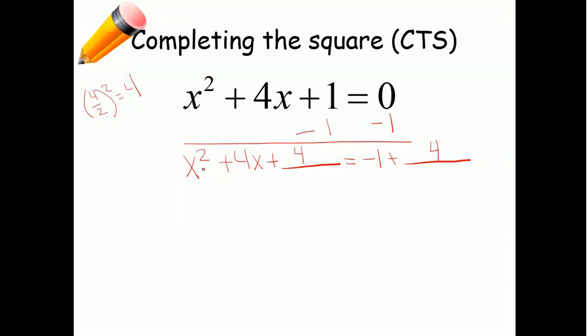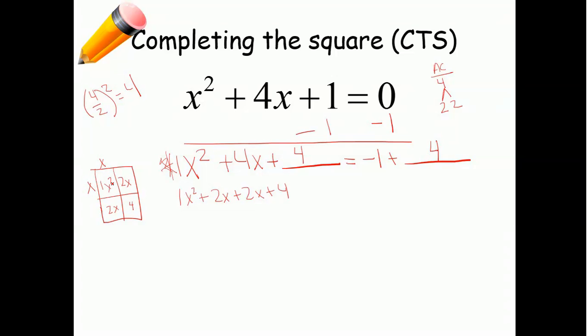Now you see this side over here. It's factorable. So let's factor. My AC is 1 times 4, so my AC is 4, and I need to make 4. Well, 4 times 1 will make 5. What about 2 and 2? So I'll have 1x squared plus 2x plus 2x plus 4. Make my box here. Looks like I got an x that way, x this way, 2 that way, and 2 that way. So I'll have x plus 2,